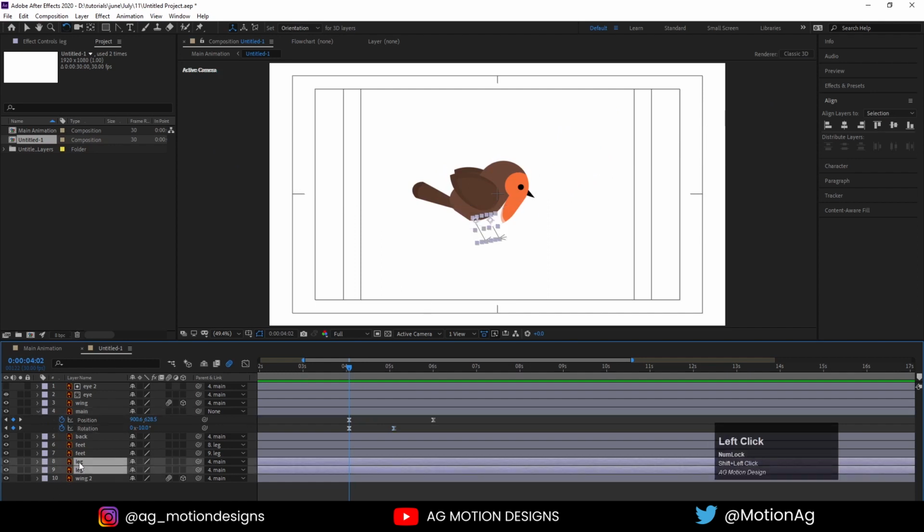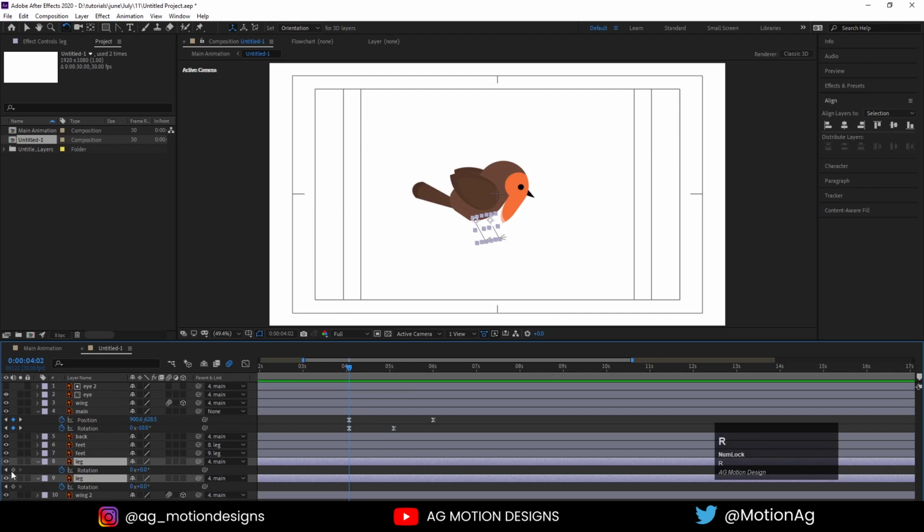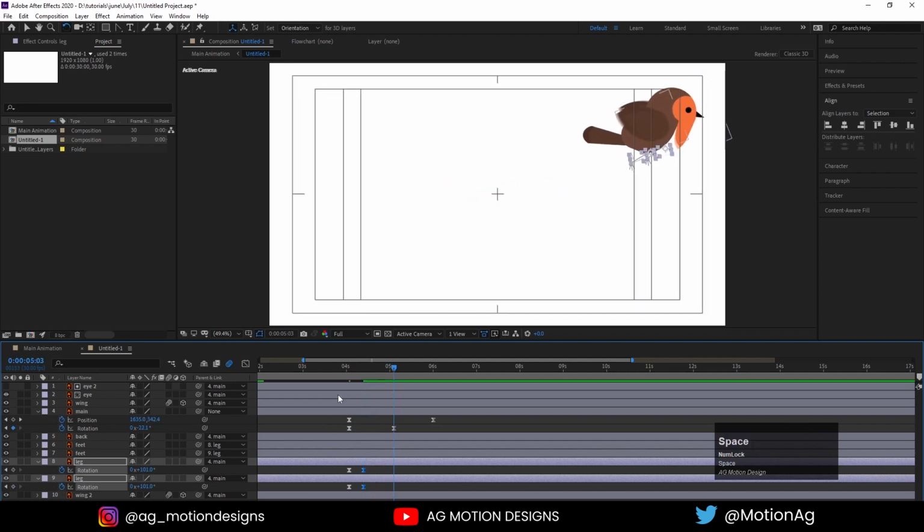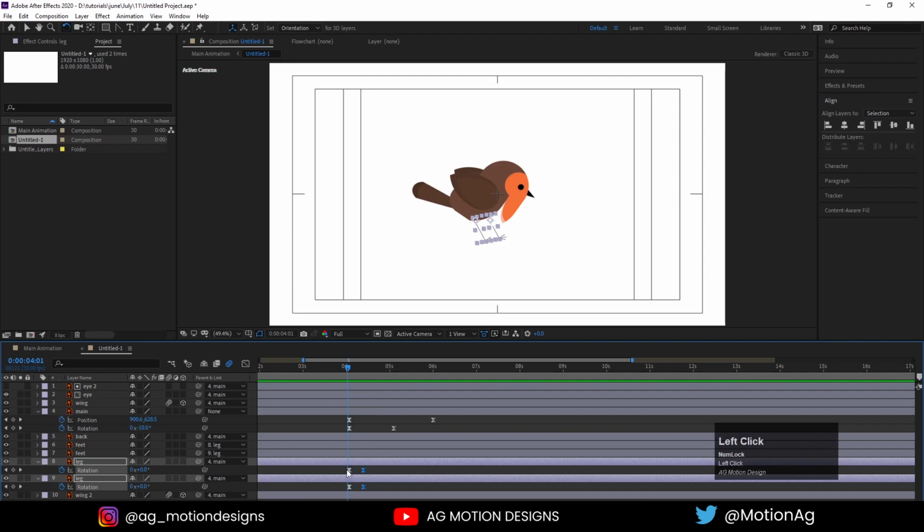Choose this legs, press R, create one keyframe. After this, rotate this. Go over here.